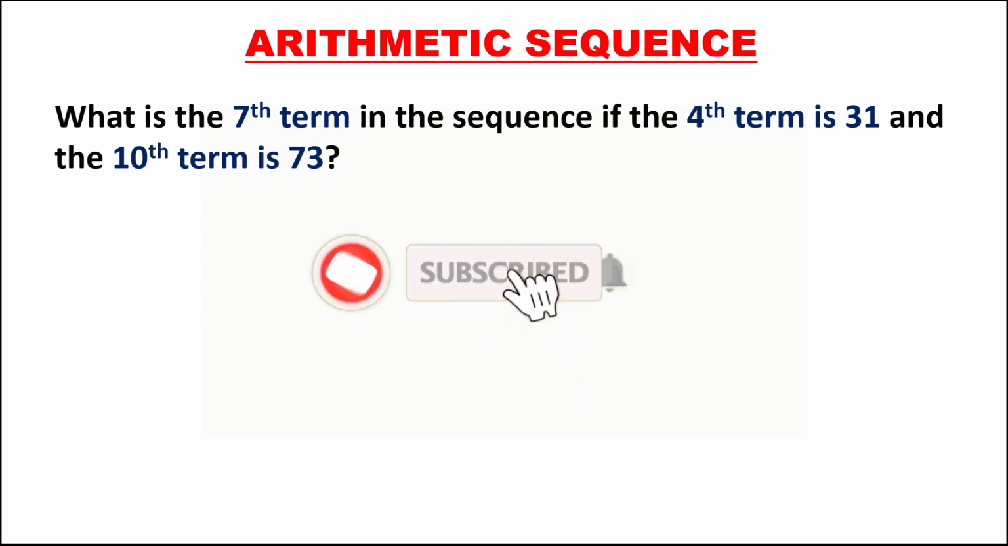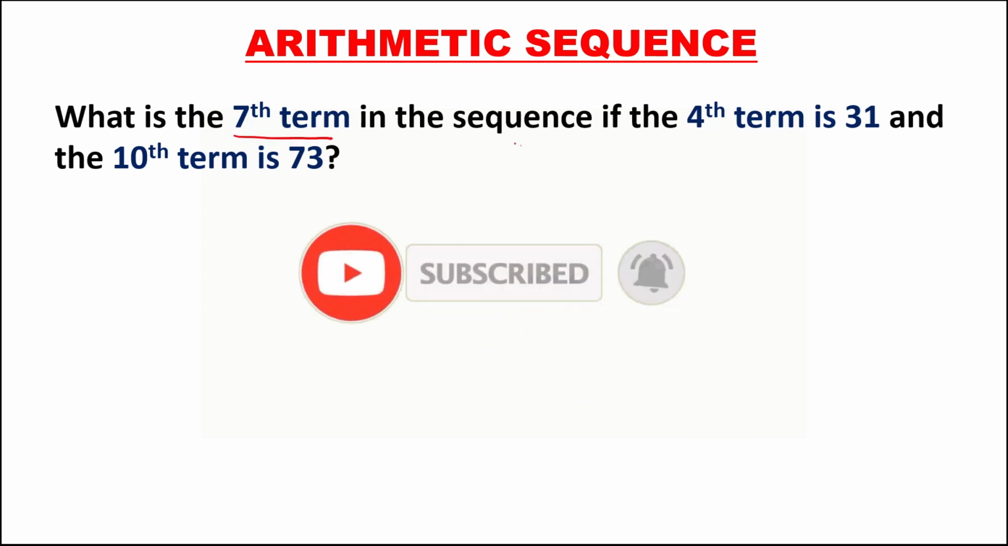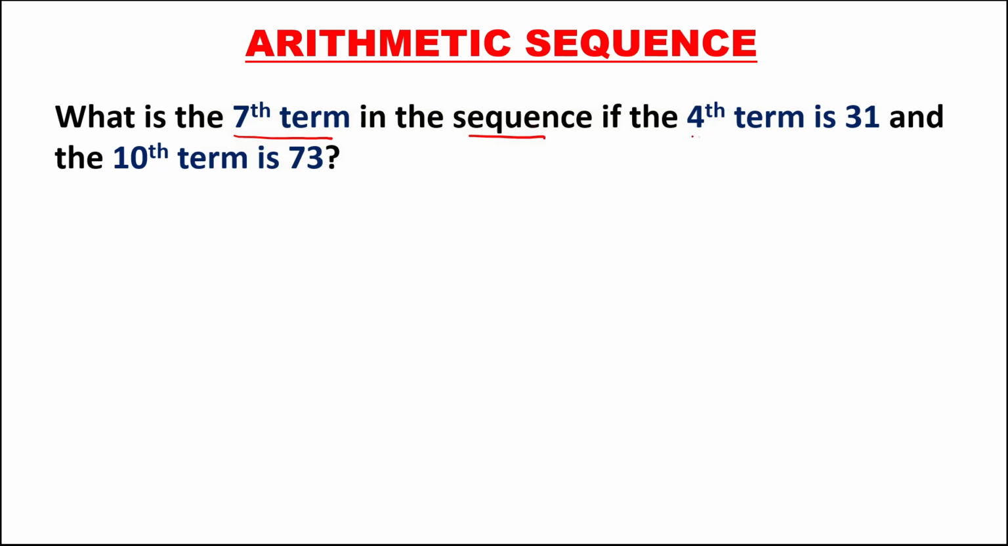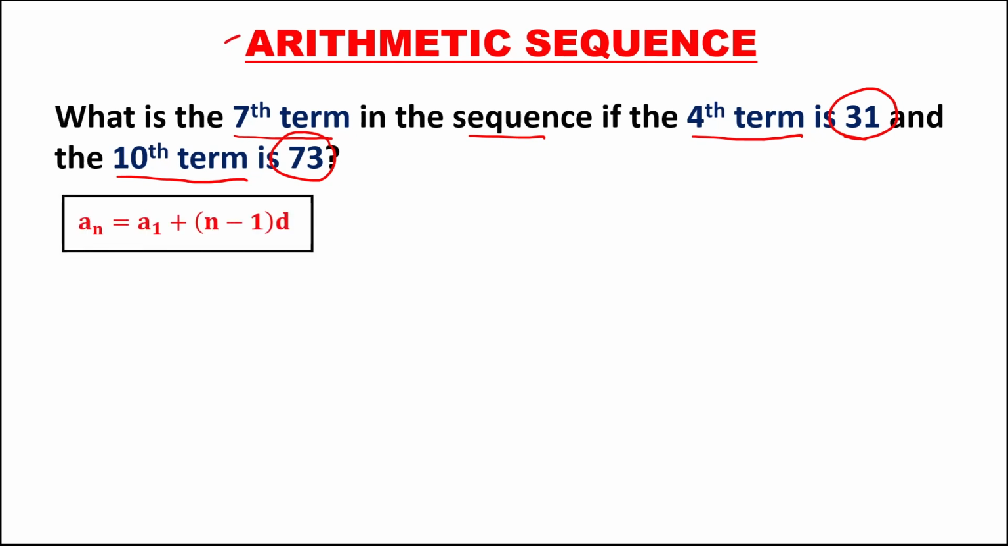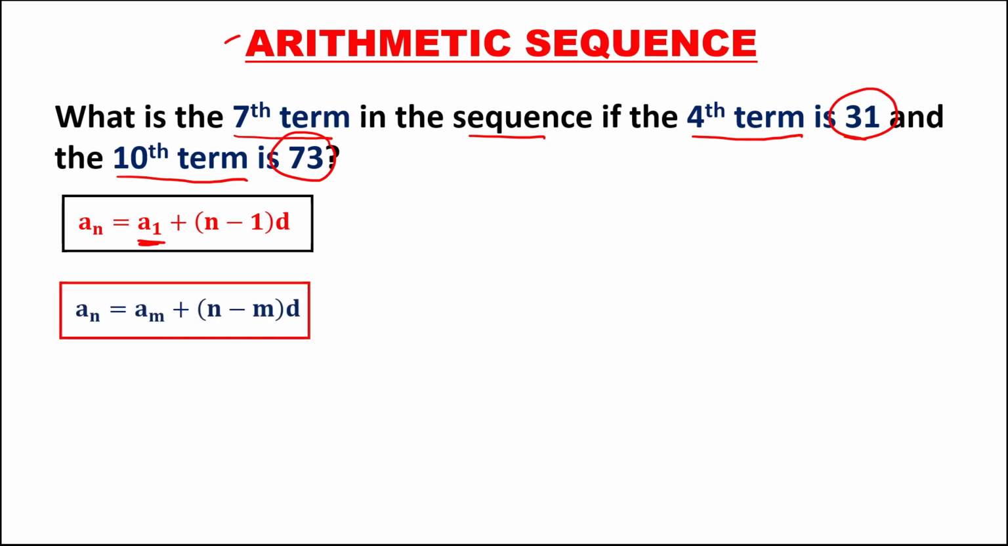So for this problem, what is the seventh term in the sequence if the fourth term is 31 and the 10th term is 73? So for this arithmetic sequence, using this formula, but since in the problem there is no given first term, then we're going to use this formula. So take note that if there is no given first term, then use this formula for the arithmetic sequence where